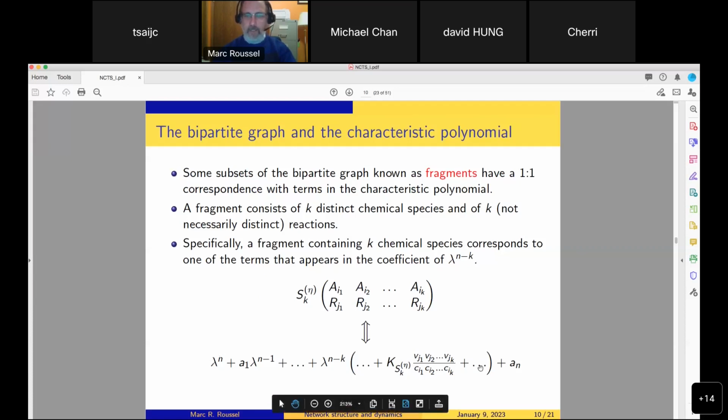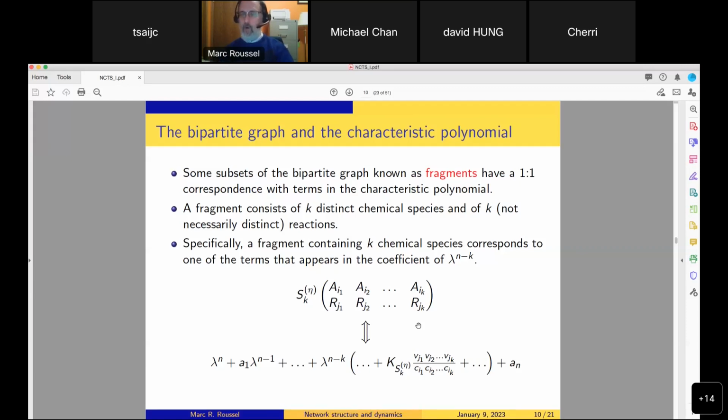So if my characteristic equation looks like this, a_n would be the constant term at the end. A particular fragment of order k, which has k distinct chemical species and k reactions, not necessarily distinct, would correspond to a term that looks like this in the characteristic polynomial. And again, this is the thing that's special about mass action: